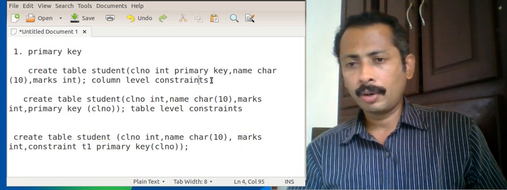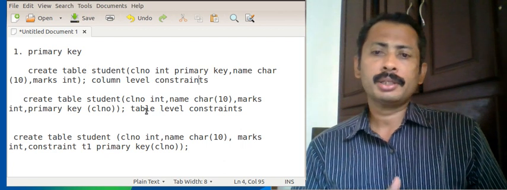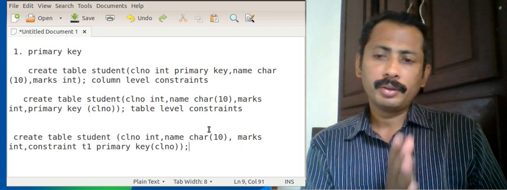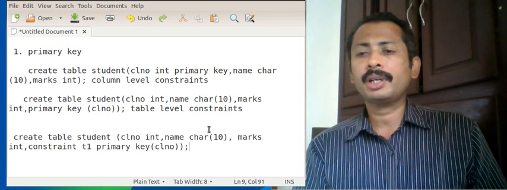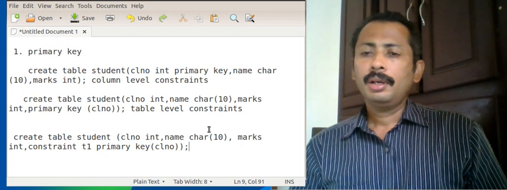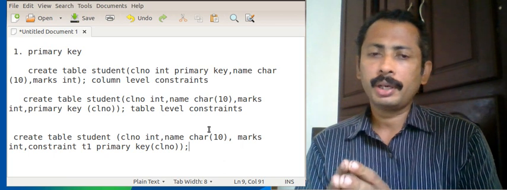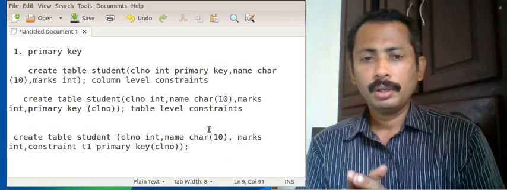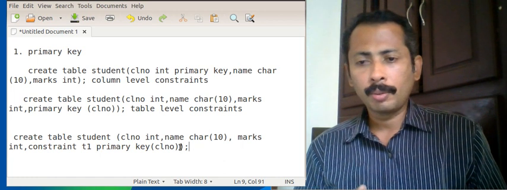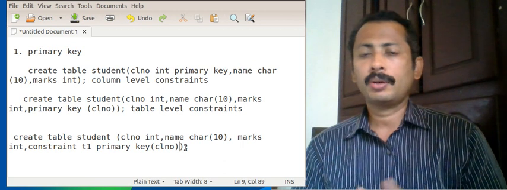One is with column level constraints, another is with table level constraints, and the other is table level constraints with a name for the constraint. Usually here we have the primary key constraint. If you want to give more constraints, we can put a comma here and give the next constraint there also.